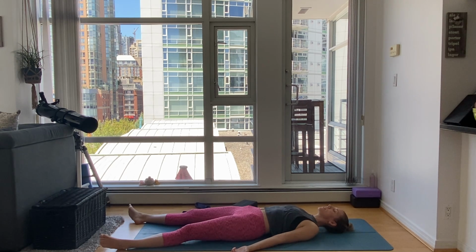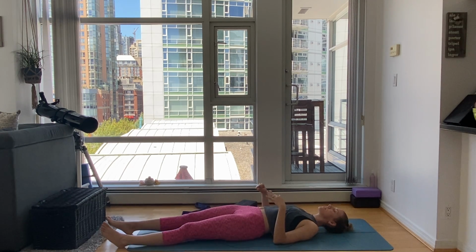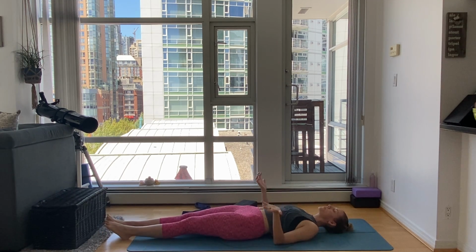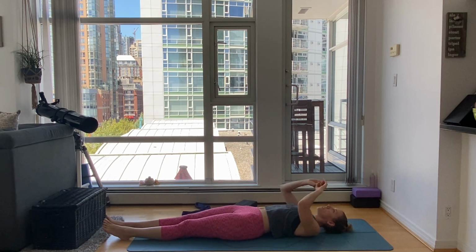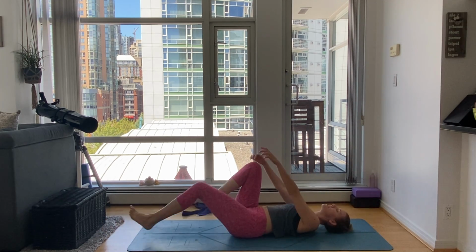When you're ready, starting to wiggle the fingers and the toes, bringing life back into the body, maybe circling the wrists and the ankles, stretching the arms up overhead, pointing the toes. Give yourself a nice full body stretch, maybe having a yawn. And then bringing the knees into the chest,